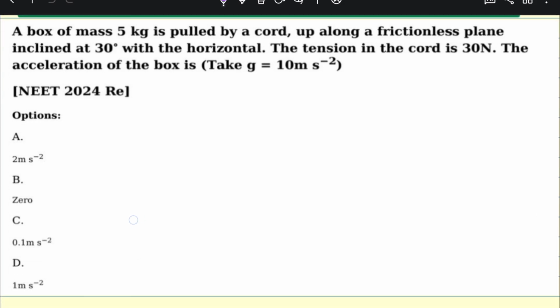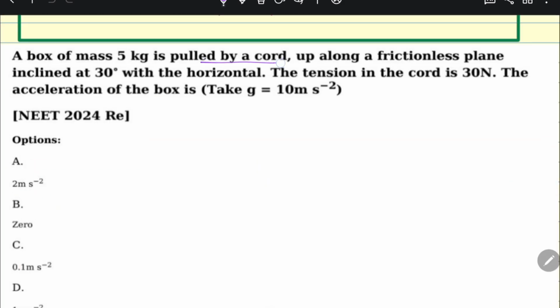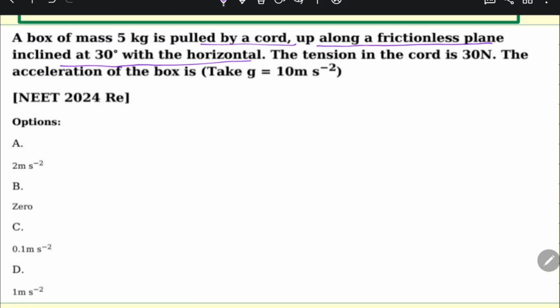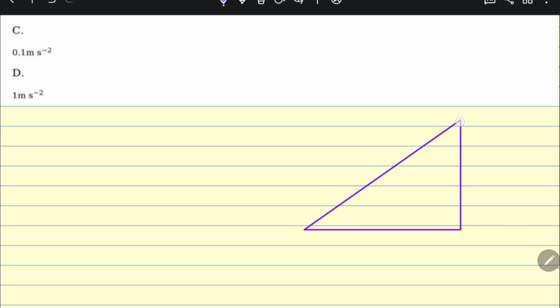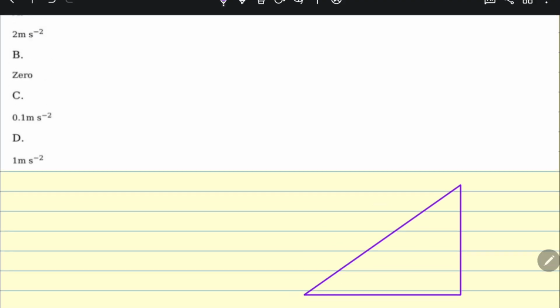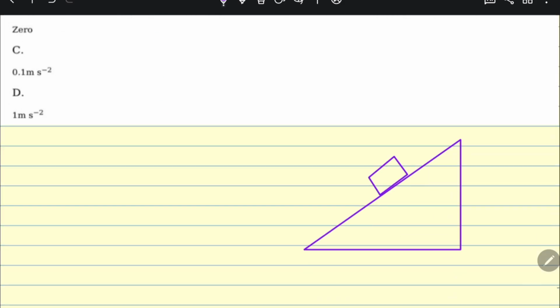A block of mass 5 kg is pulled by a cord up along a frictionless plane inclined at 30 degrees with the horizontal. Tension in the cord is 30 Newton. The acceleration of this block is. So this is the situation. Here you see that this block is on this inclined plane, right? And a block of mass 5 kg